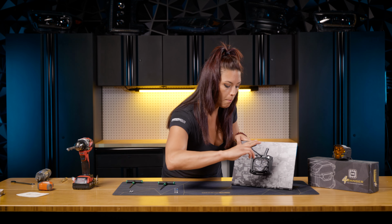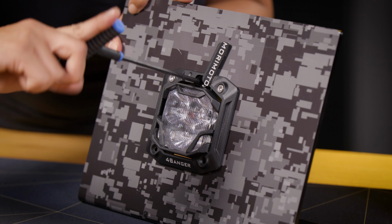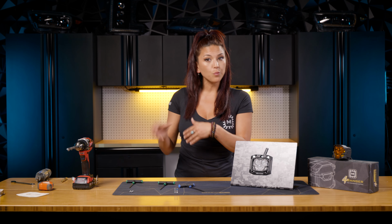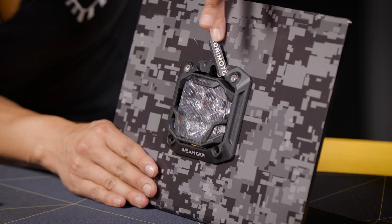Keep in mind as well, you might have to put a little force onto that screw so the spring will actually contract down so you can get into that adjustment screw hole. And of course, don't tighten it all the way down just yet. You can do that at the very end when adjusting your 4Bangers in the location you place them at. Now with the adjustment screw in place and good to go, just take that little flap and then just push